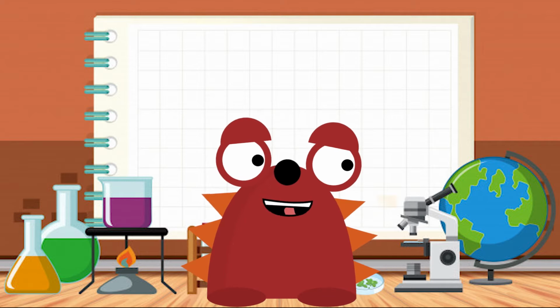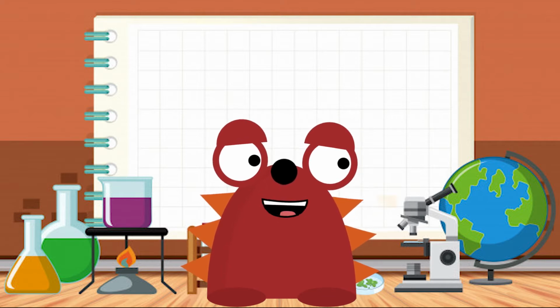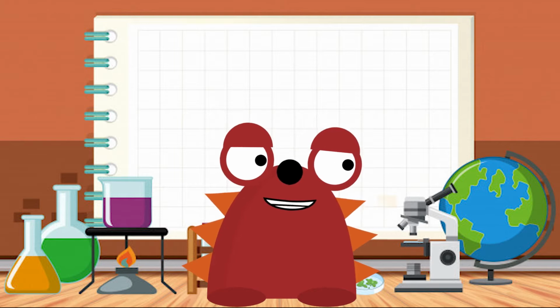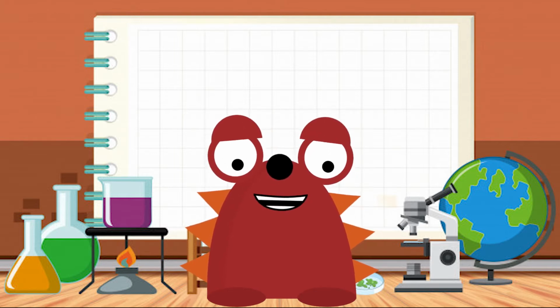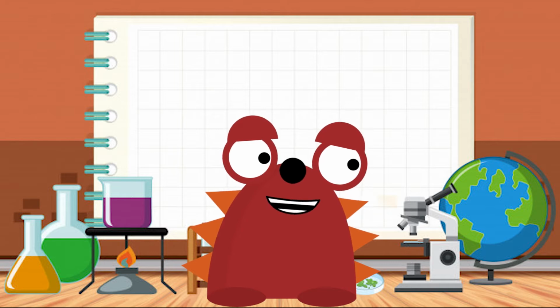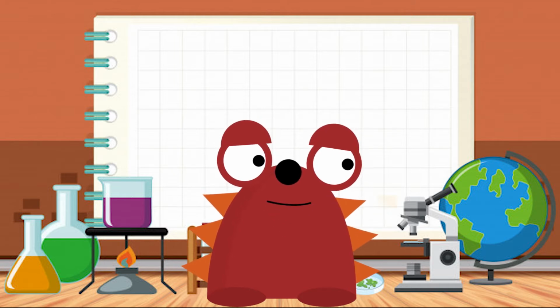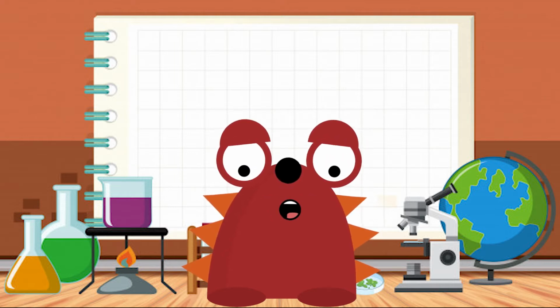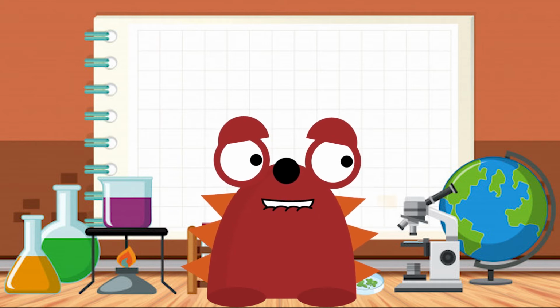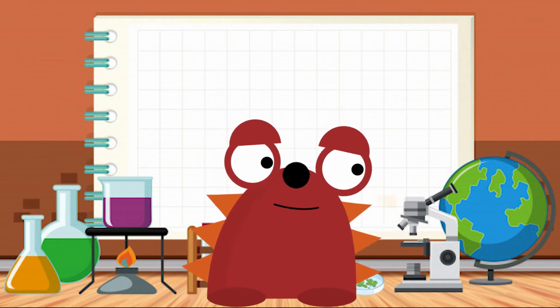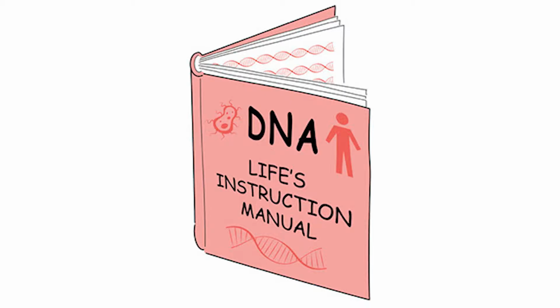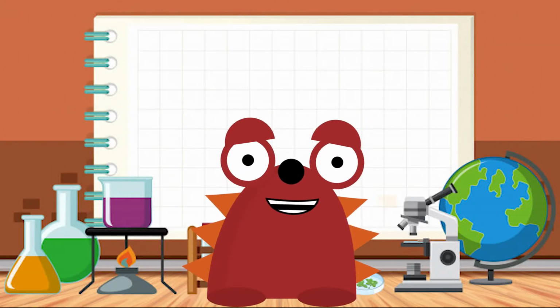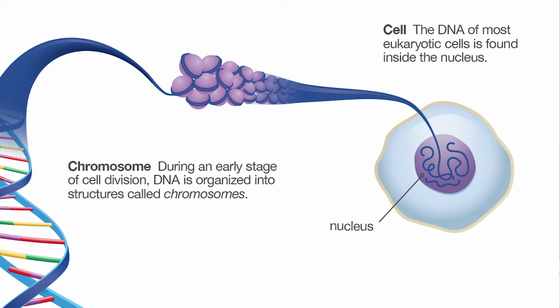In organisms that reproduce sexually, cells have pairs of chromosomes. The offspring receives one chromosome from each of the two parents. A DNA molecule contains the information that determines the traits that an organism inherits. DNA also contains the instructions for an organism's growth and development. So DNA is like the instructions for how to build all the different parts that make up you, and you find this DNA inside of each and every single one of your cells.